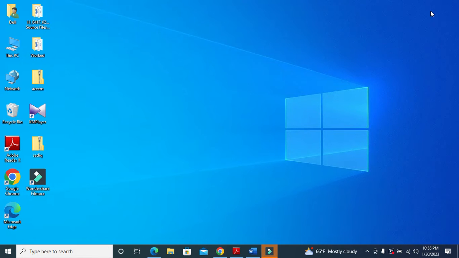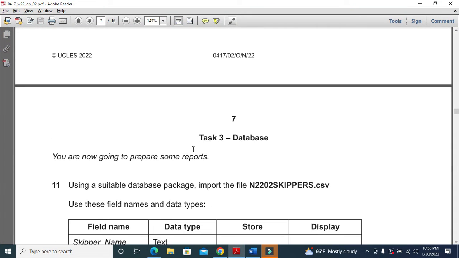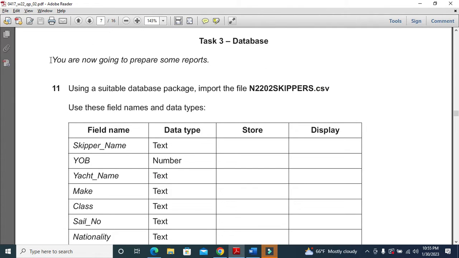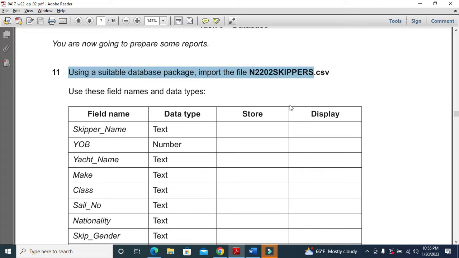Today I'm here with a new video for 2022 October-November ICT database part. In this part of the question paper they say you are going to prepare some reports. So using a suitable database package, import the file. So first of all we need to open Access